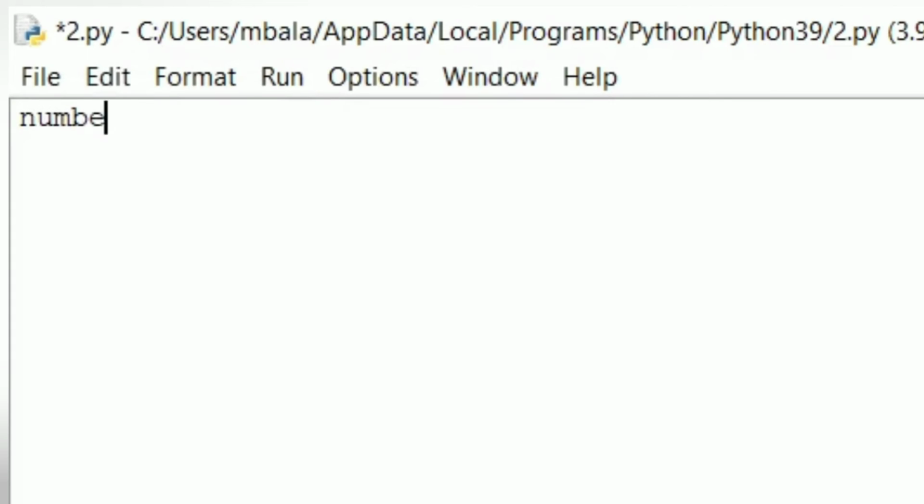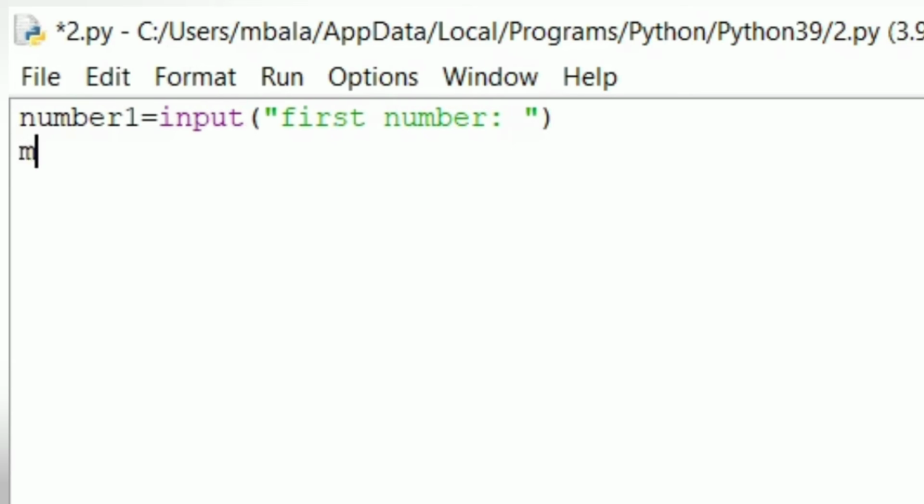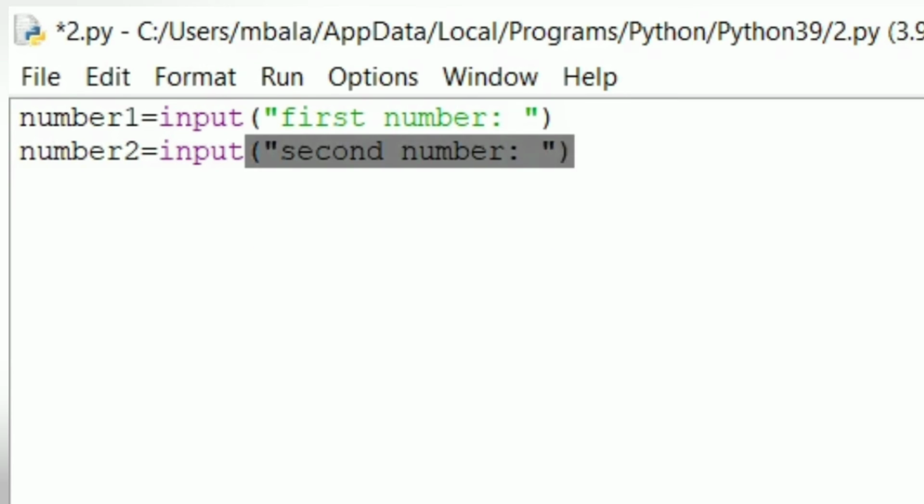For this method, let me give number 1 equal to input, and let me open the parenthesis. Inside the double quotes I am giving first number, and I am also closing the parenthesis. And for number 2, same format, number 2 equal to input. Instead of first number I am giving second number, and let me close that parenthesis and also the double quotes.